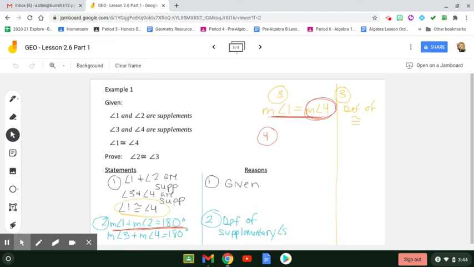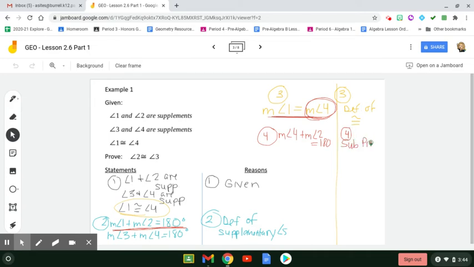So I kind of want to start playing around with some of the other angle relationships. I'm going to show you guys how to do this and just kind of watch how it plays out. So look what I do here. If I plug in that measurement of angle 4 here, plus the measurement of angle 2, and say that's equal to 180. Okay, that was with the substitution property,